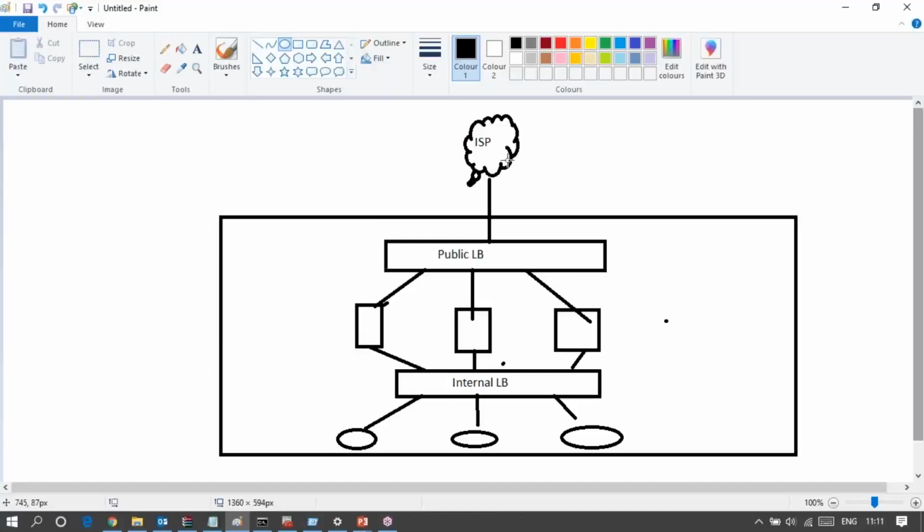There is an option where, since the client information appears in the backend pool, the backend pool can directly reach the client, meaning the response does not come back through the public load balancer. The backend pool can directly send the traffic to the client.